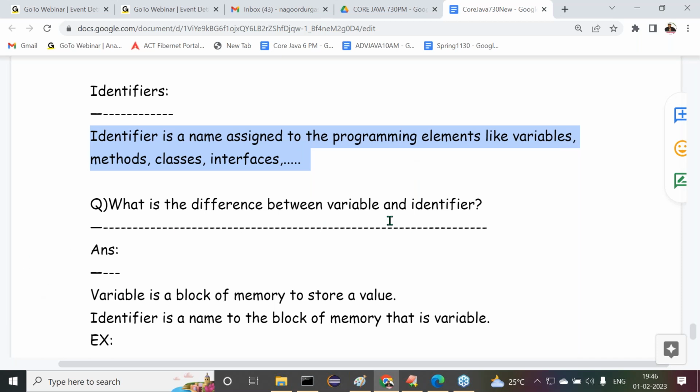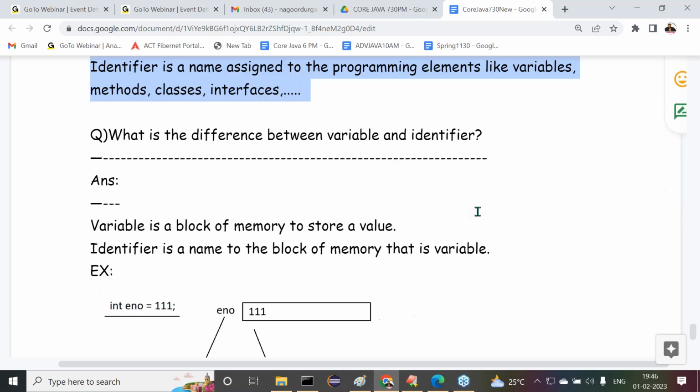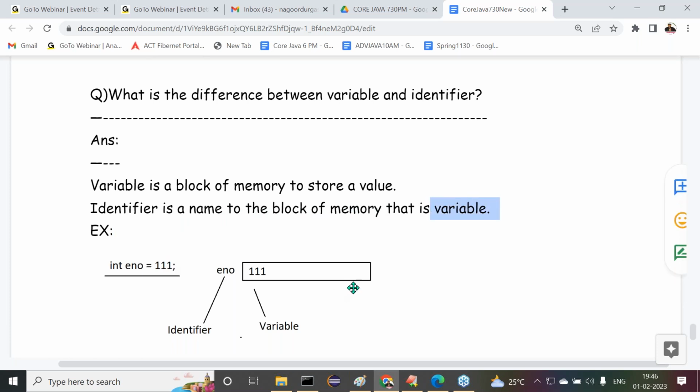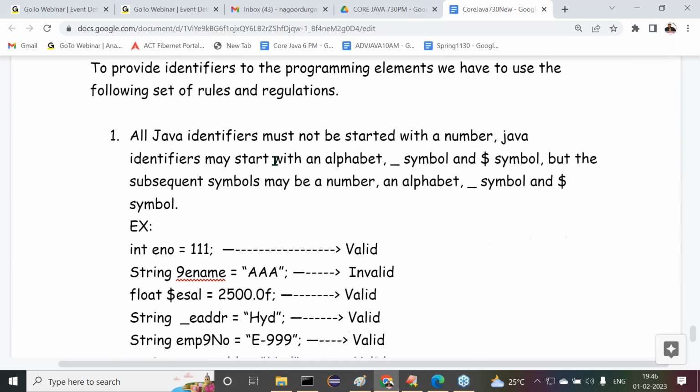Fine. What is the difference between variable and identifier? A variable is a block of memory to store a value, but an identifier is a name to the block of memory, that is, the variable. Identifier is the name of the name. The name for the variable is an identifier. Example I've given. To provide identifiers to the Java programming elements, we have to use the following set of rules